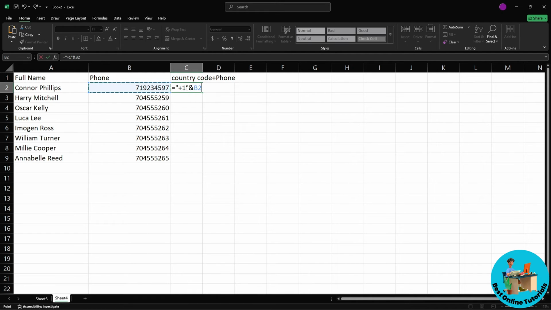So you could just simply copy this formula and enter. Now, as you can see, I added +1. So guys, this formula will be your country code, and pretty much the number will be depending on your country